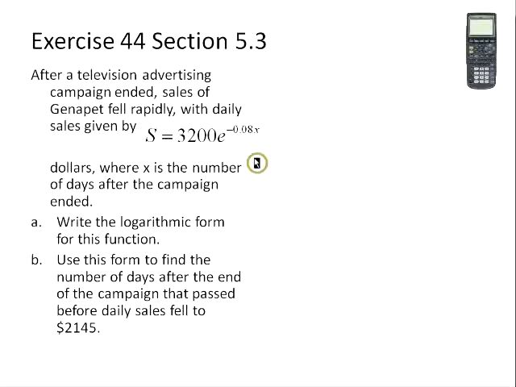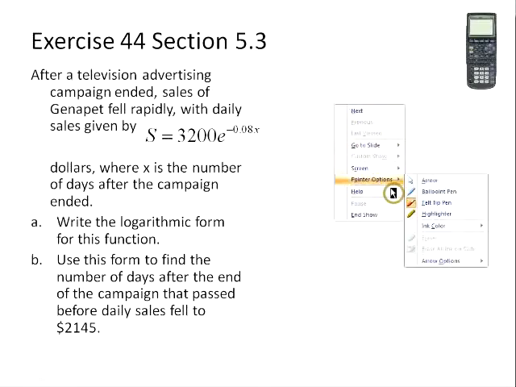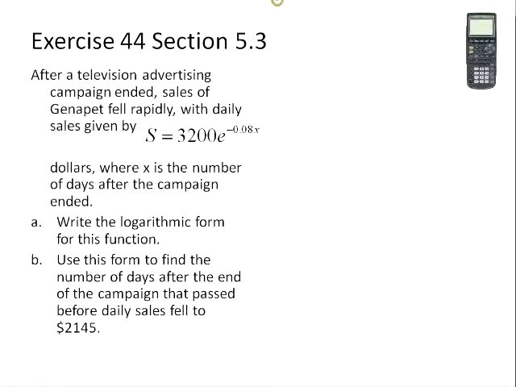What we are asked to do first is to write the logarithmic form for this function. So I'll set up my pointer here, and I have to choose a color. And now using the pen, here we go. What we have is this original function here, and if we want to write this as a logarithmic function, what I'm going to do first is get my exponential part by itself. To do that, I am going to first divide both sides by the 3,200. And so looking over here, I'm going to have S divided by 3,200 is equal to e raised to the negative